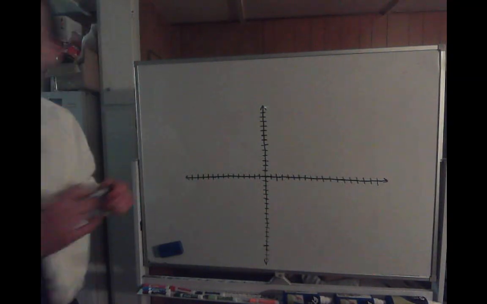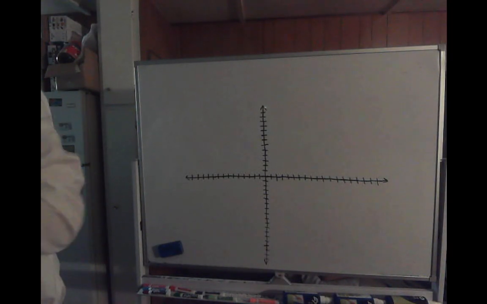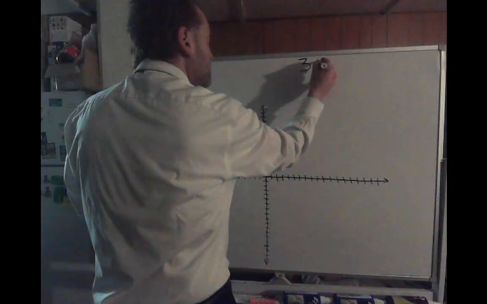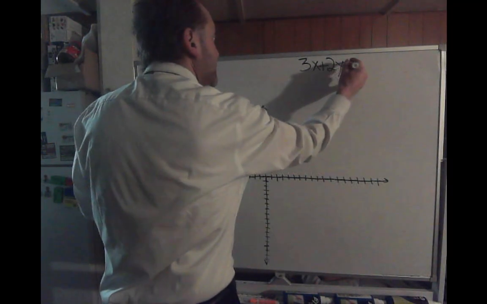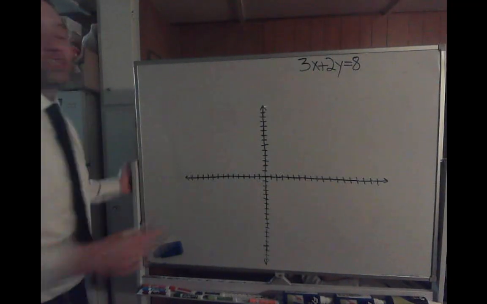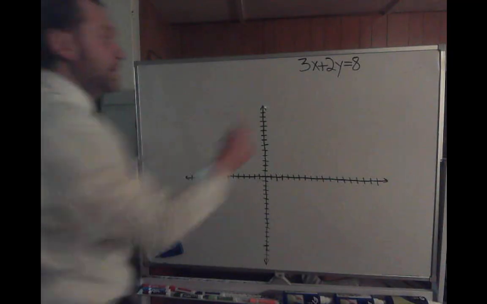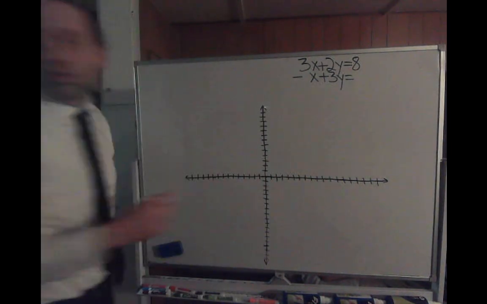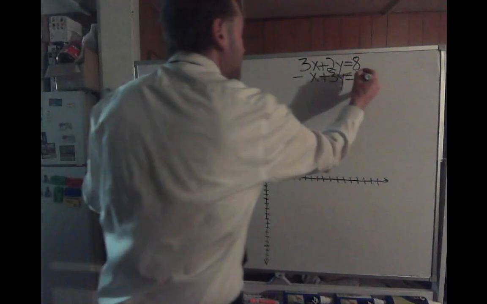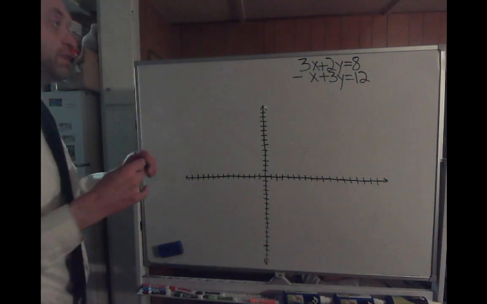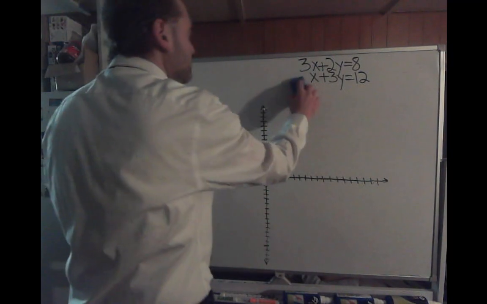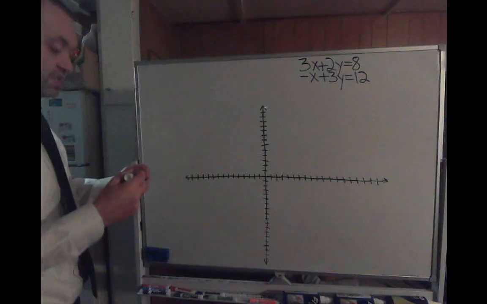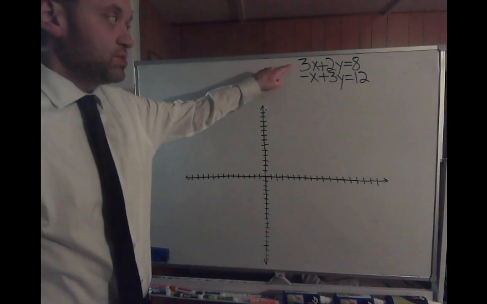All right. We have the two equations. 3x plus 2y equals 8. Then we have negative x plus 3y equals 12. So here is our next system of equations. I want to move that negative over because it looks like I'm subtracting. So this system, we have two lines, 3x plus 2y equals 8, and then negative x